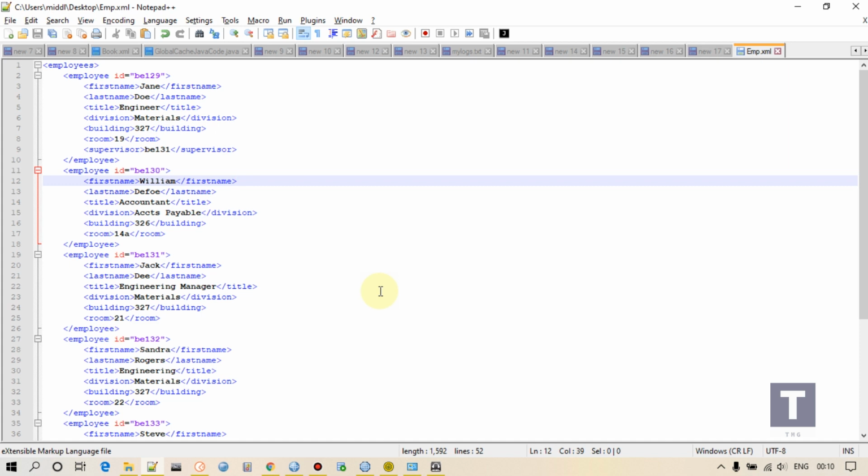Now suppose I am required to put this message on 100 queues, or maybe more than that. Then I cannot use 100 MQ output nodes, and it's not a good idea to use eSQL code for that. So for this, the publisher and subscriber concept comes into the picture. What is this publisher and subscriber?